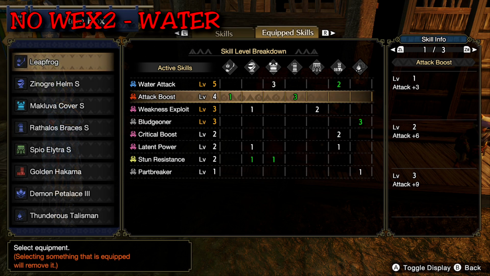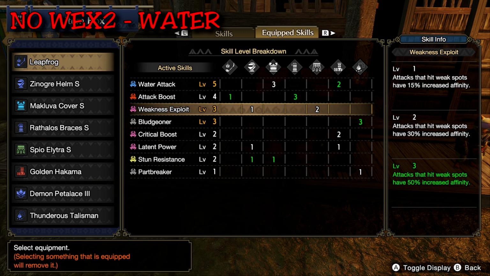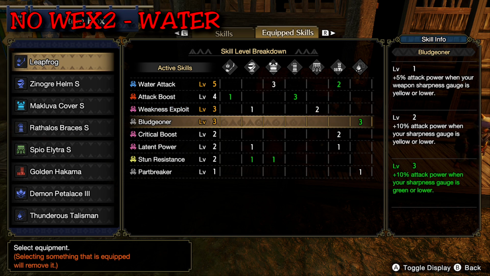For the rest of this build, again, level 5 water attack, level 4 attack boost, getting that 5% in there. Weakness exploit is maxed again with the Zinogre helmet. Bludgeoner is what I actually used on my Talisman. This is again similar to the other Bludgeoner build I showed before. Level 3 on the Talisman because I have a level 2 Talisman with a 2-slot deco that I added 1